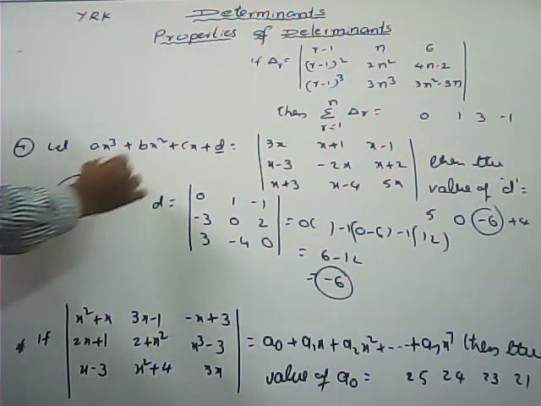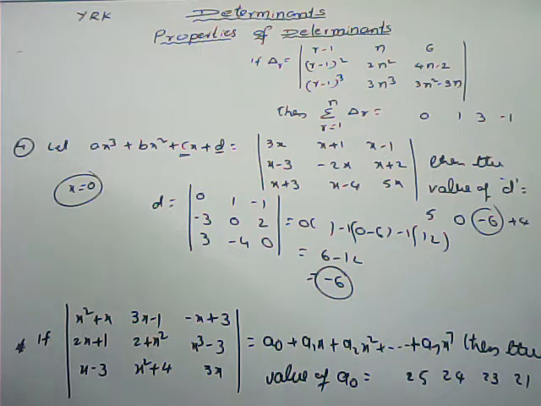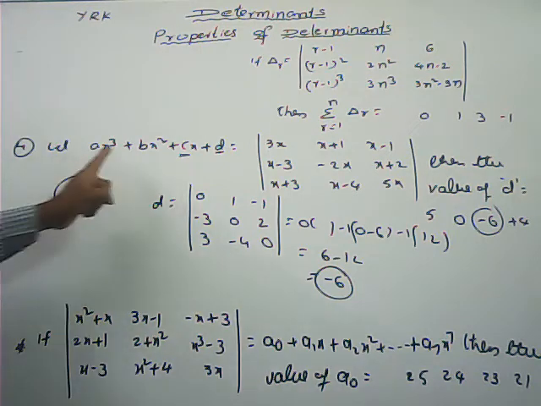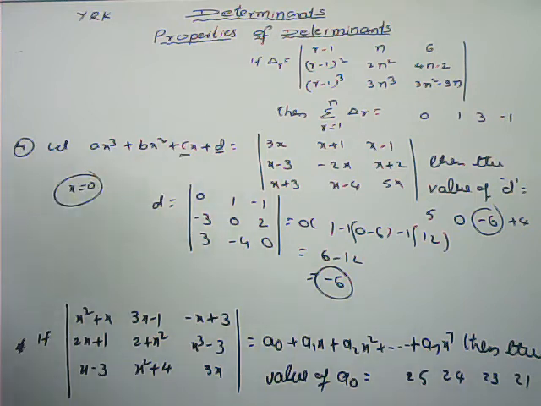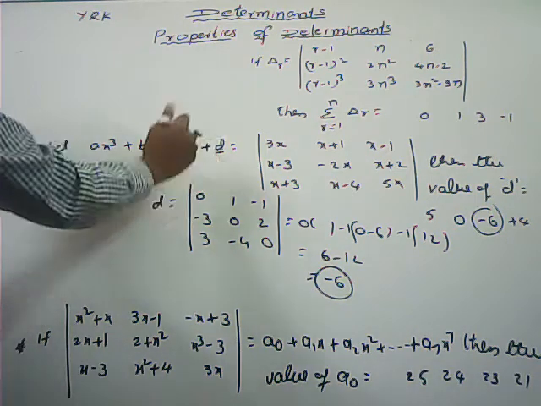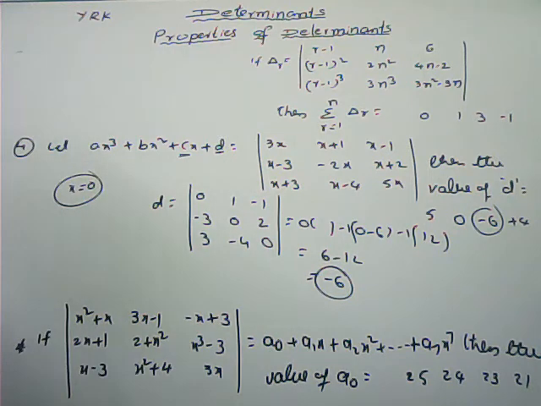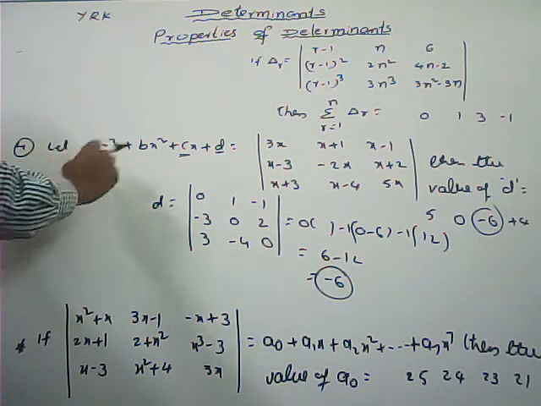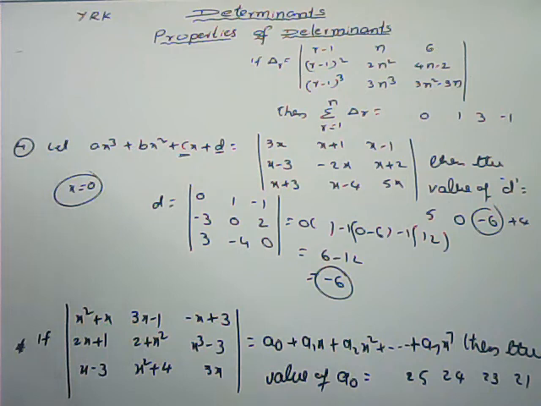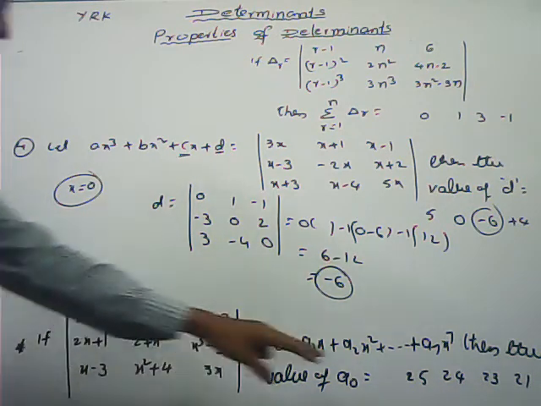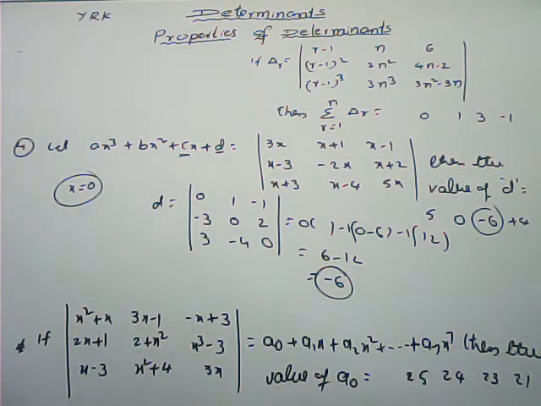Sometimes if they ask the value of c, you have to differentiate with respect to x on both sides. Then we can remove the constant value, that is 0 only, the derivative of d, any constant, is 0. Then you can replace x equals to 0. Then we can get the c value. If they ask the b value, 2 times you can differentiate and put x equals to 0. The same model question here at 10. Here also they are asking the value of a0. These are the options, 25, 24, 23, 21.